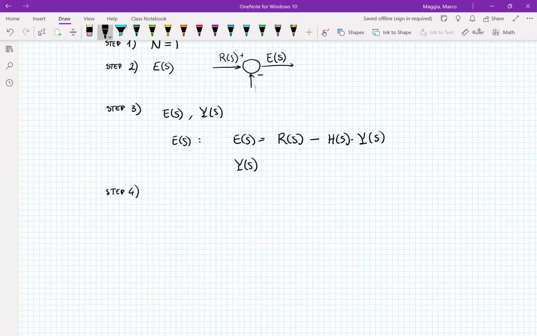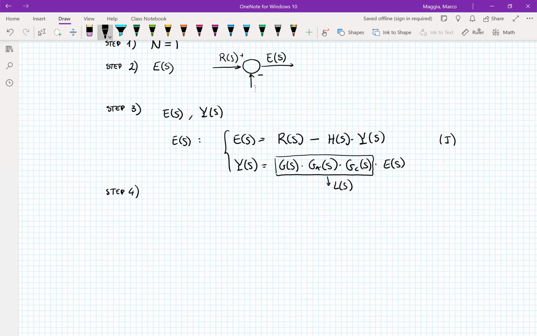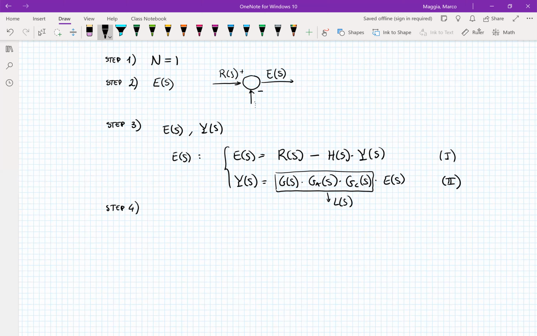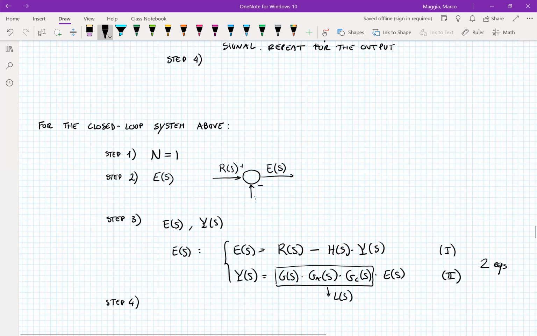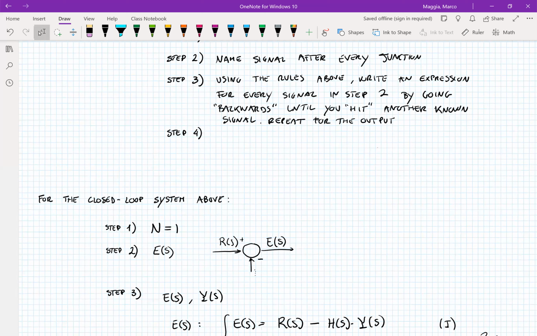So Y of S is equal to G times GA times GC times E. And as I said earlier, we can call all this block here, just to simplify, L of S. And you see here that you have 1 and 2 equations. Since n is equal to 1, we have n plus 1, which is 2 equations. All right, we're pretty much done. We're left with step number 4. We need to solve